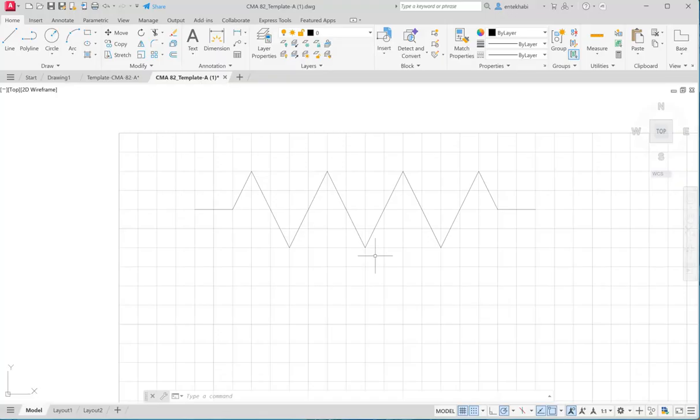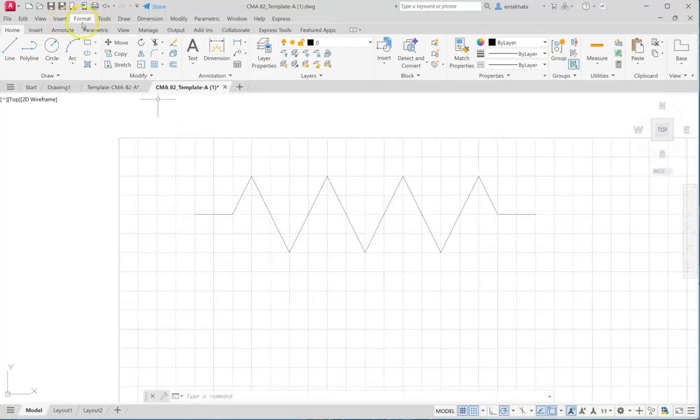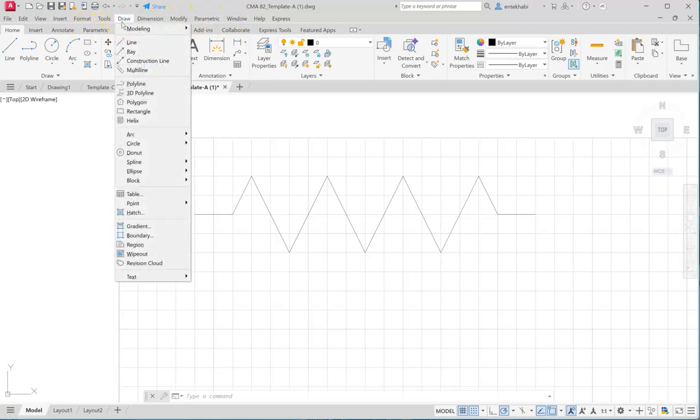Now, the command that you are going to learn in this one is the block. You can type block, and you can also get it from the pull down menu. Right now I don't have my pull down menu. I'd like to have another pull down menu. If you remember in the first class, I asked everyone to download this. Show menu bar. This is a good tool to have because it gives you a lot more options under the draw tools and other tools. And under the draw tools, you have the block.